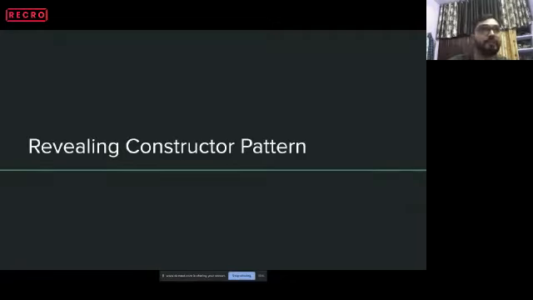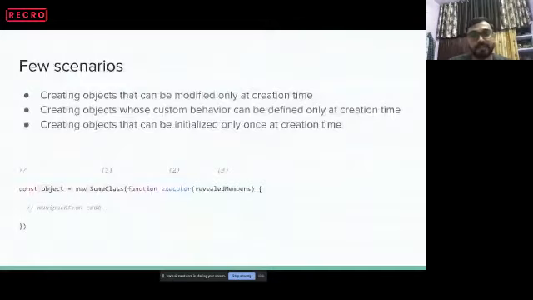So what we can do is let's see how we can create this kind of pattern in our day-to-day programming. Okay, so this kind of pattern,